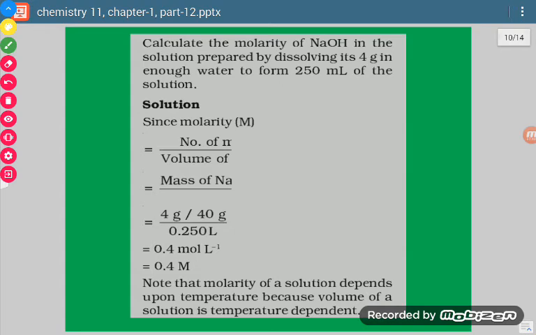This will give the molarity value. Now see, let us take one example. Suppose we have to calculate the molarity of sodium hydroxide solution, and this solution was prepared by taking 4 gram of sodium hydroxide and total volume made is 250 ml. Now see, when solvent is not told, then it means water is the solvent. So in this case, water is the solvent. Now first of all we have to calculate the number of moles.